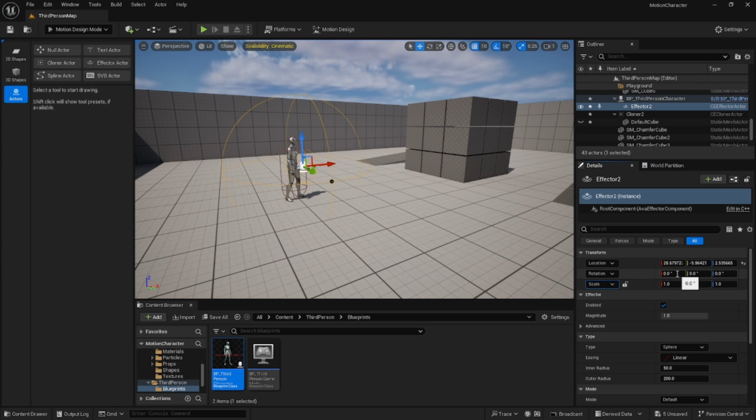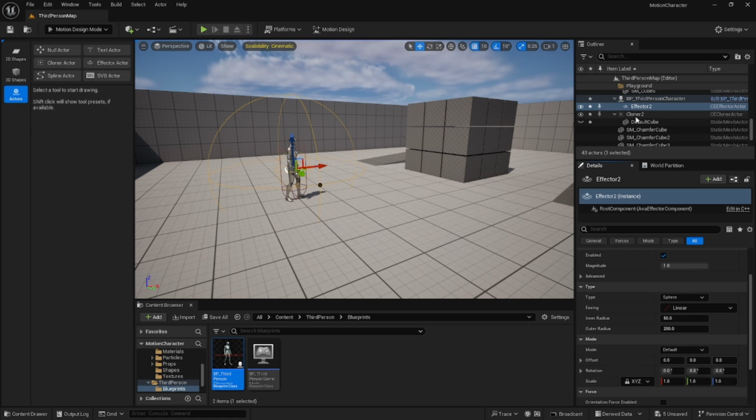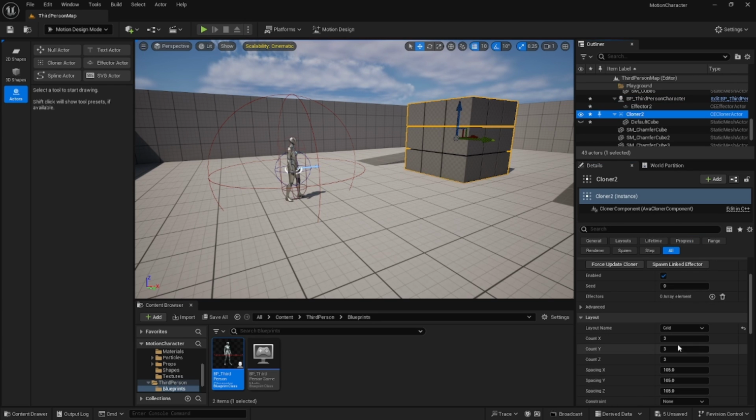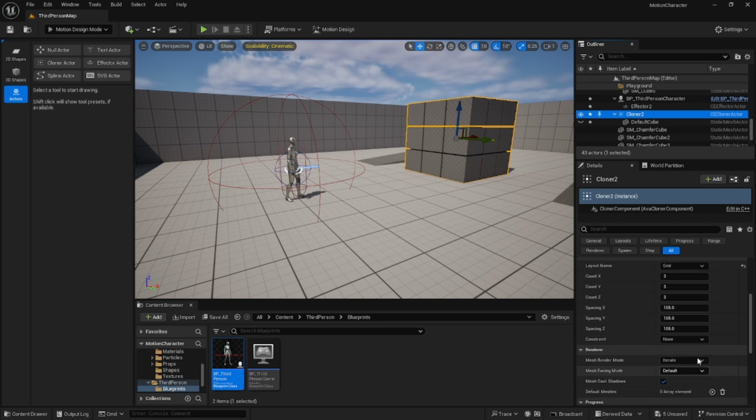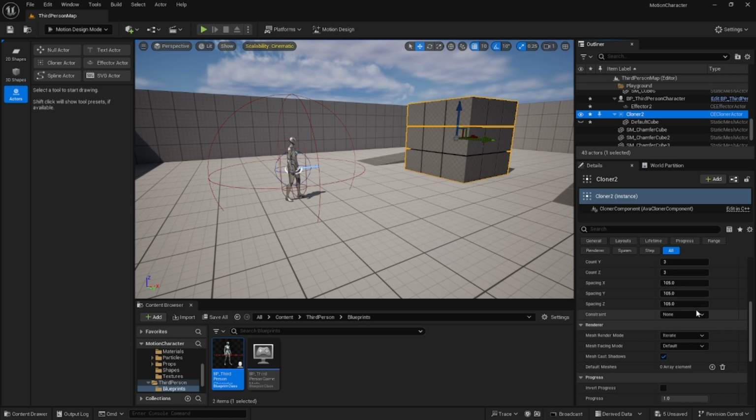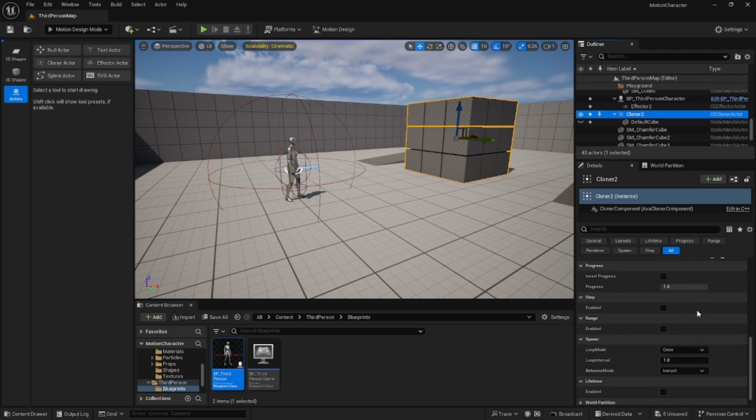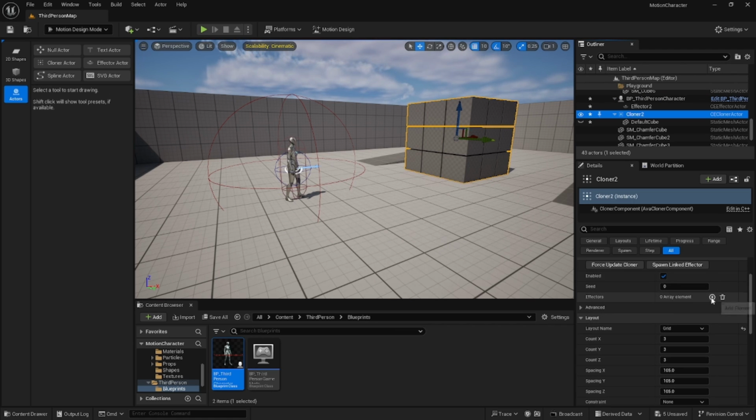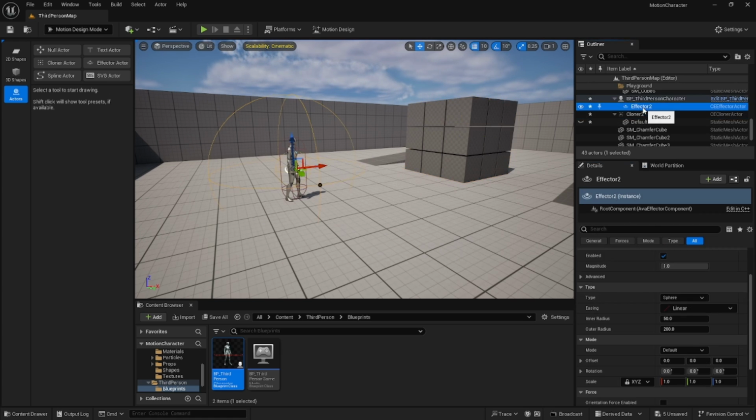We'll get everything back to flat normal. We'll go all zeros on here so it gets it at the character's origin, which is fine. Go to our cloner, and here we need to add the effector in. So we'll add that effector, and inside of our effector, just to kind of see what this will do,